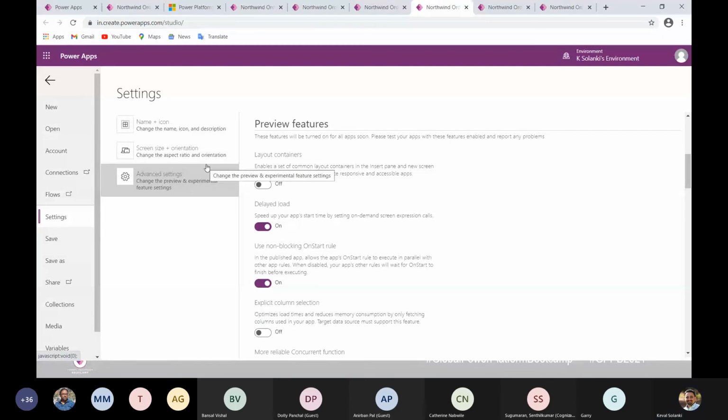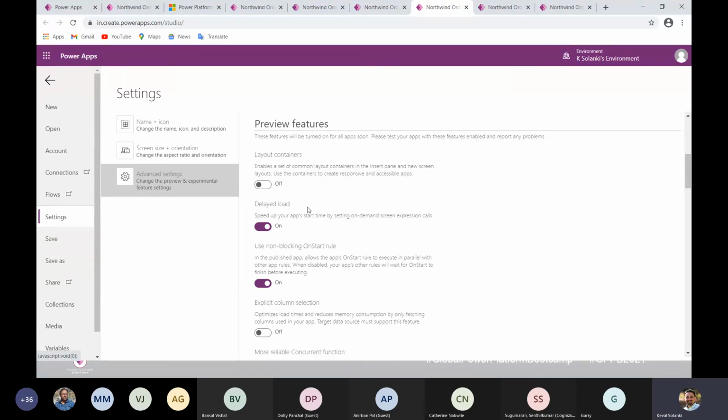When working with a Canvas app, you need to enable Delay load. If you have not enabled it and you have 10 screens, all the screens will load immediately into memory, which generates an excess data load on your app. So the recommendation is to enable this.